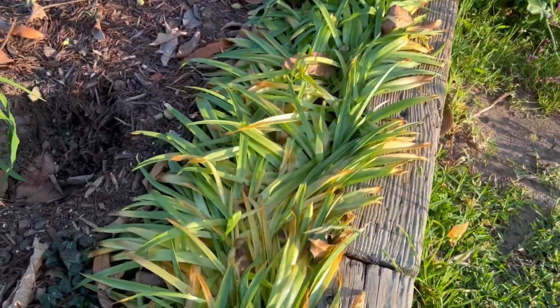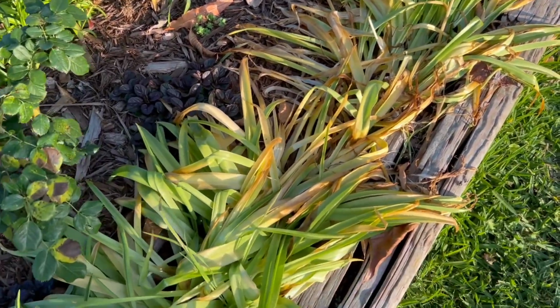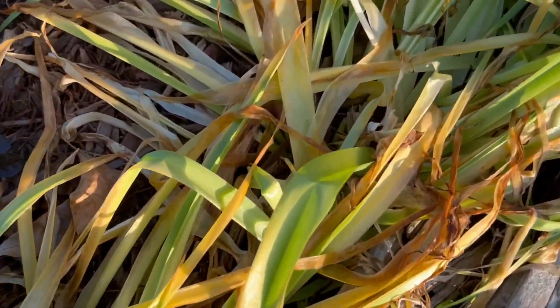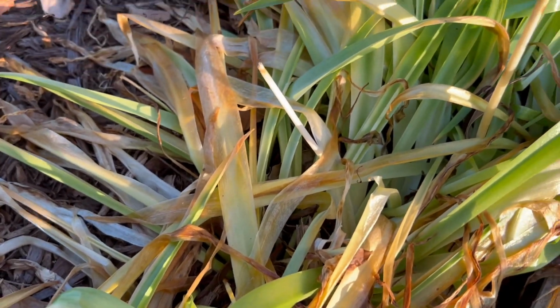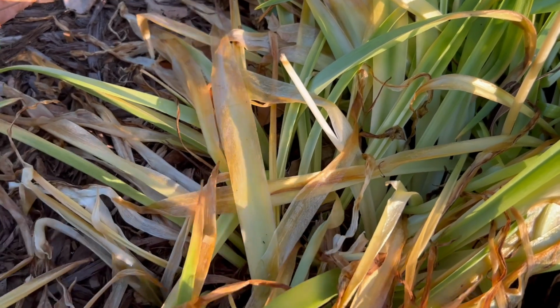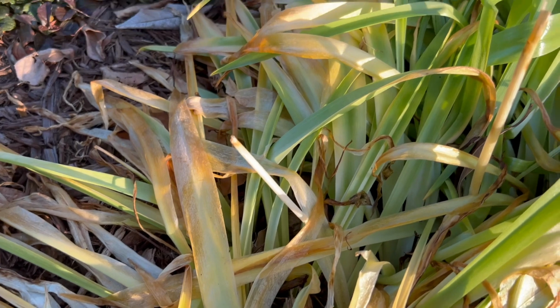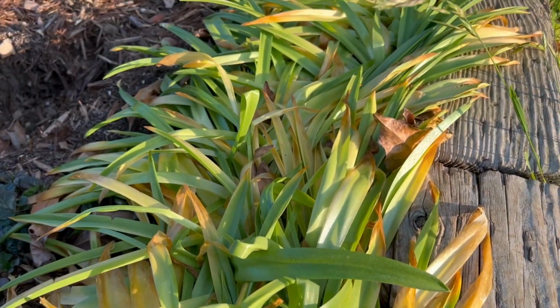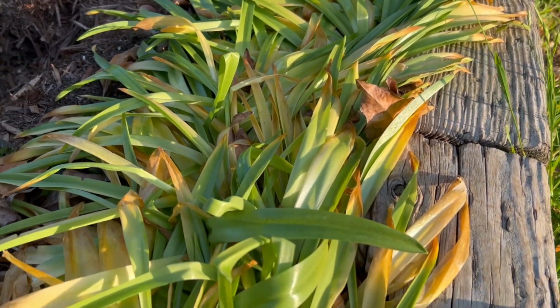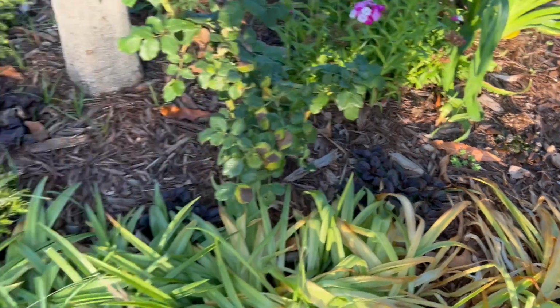Sadly now, the Scilla plants are about done. When they get to kind of this stage here, what I call the mushy stage, that's when they're just about ready to be pulled out from the ground. They come up pretty quickly, and probably one more week on those still. Let's go ahead and look at